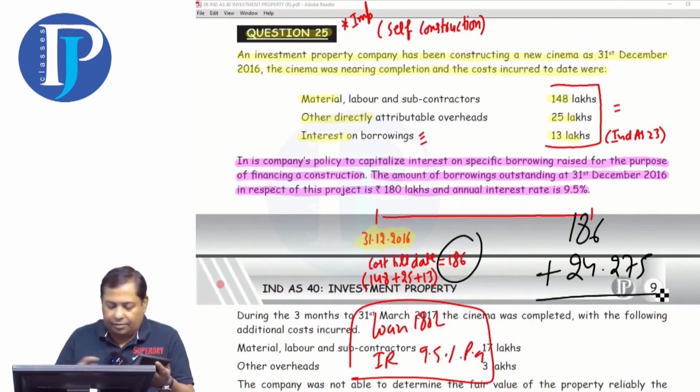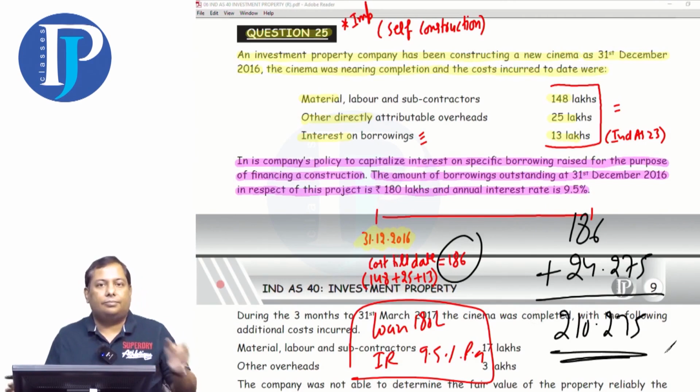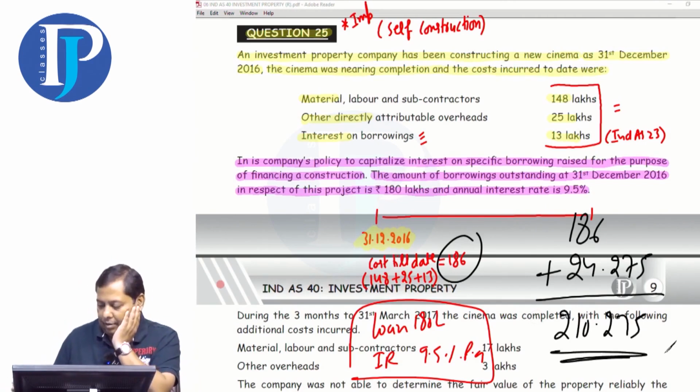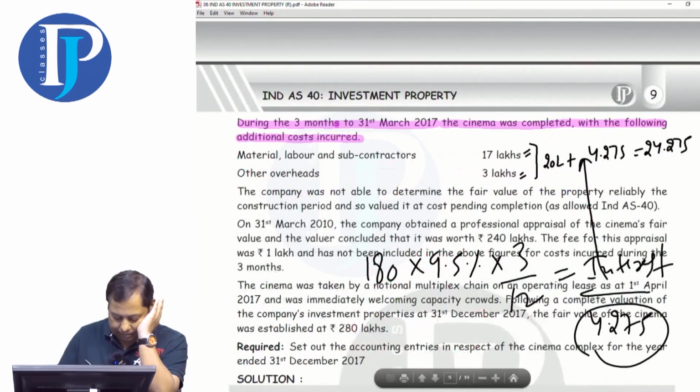24.275, which will give us 210.275. What is this value now? This will be the total cost including the interest. It's a case of self-construction. Read further. The question